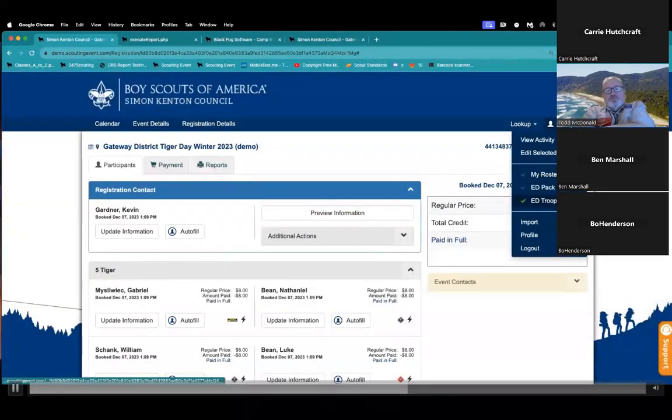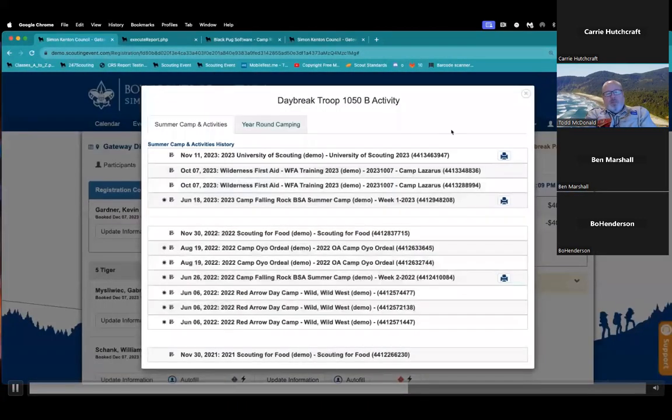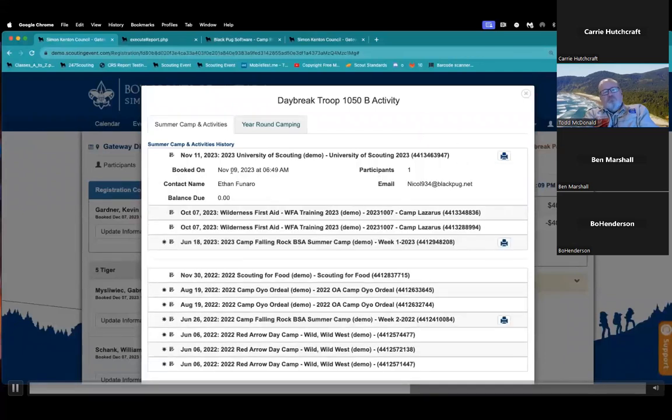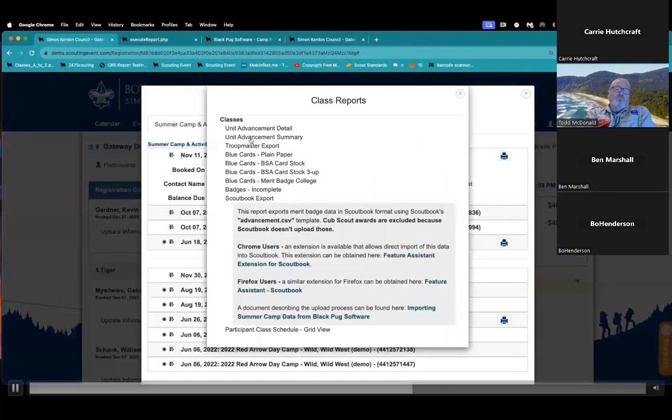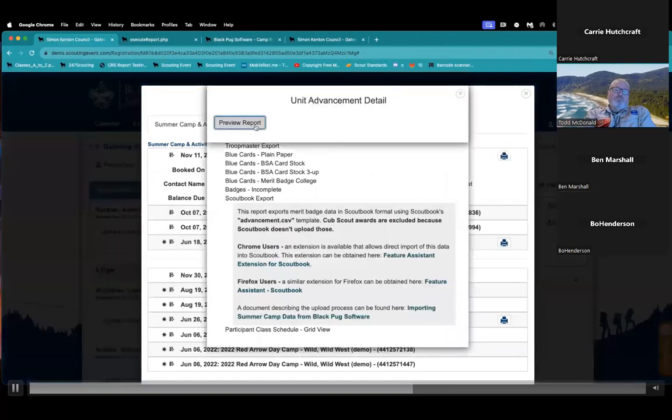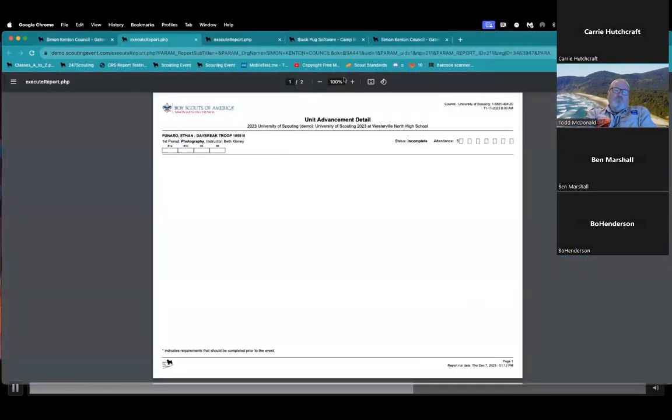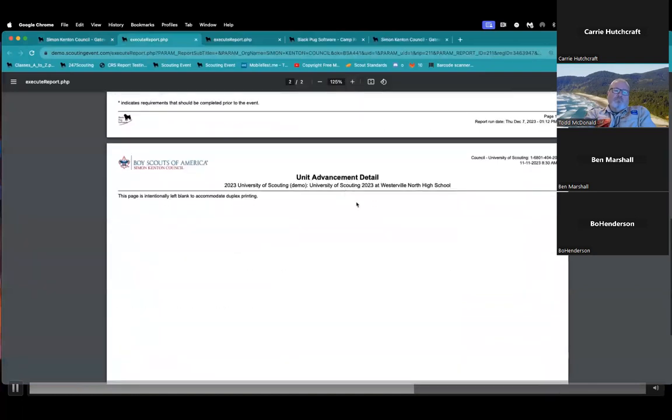I'm also going to go into the troop here, because if there's class scheduling, if there's merit badges involved, I can also come in here and say, okay, Ethan registered for University of Scouting, and they must have earned some merit badges there. I now need to go and pull that advancement data, so I can click this report section, and I can run the unit advancement detail, for example, which gives me everything that they earned, and it actually looks like this